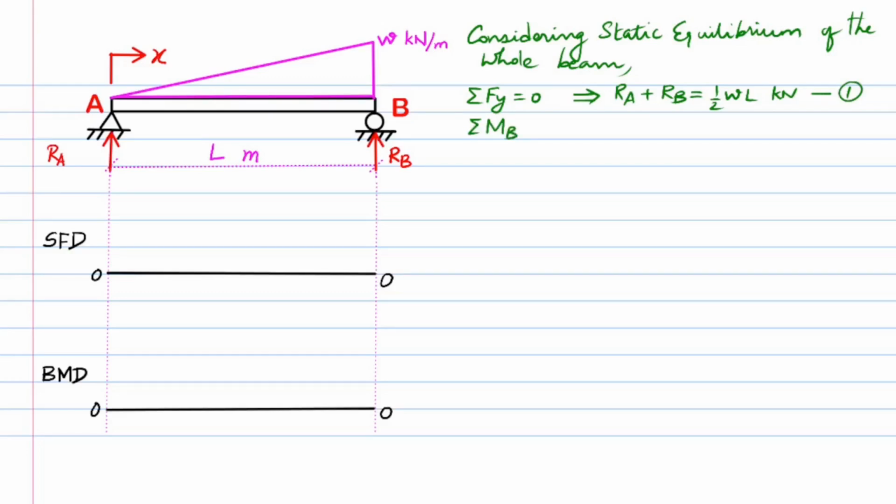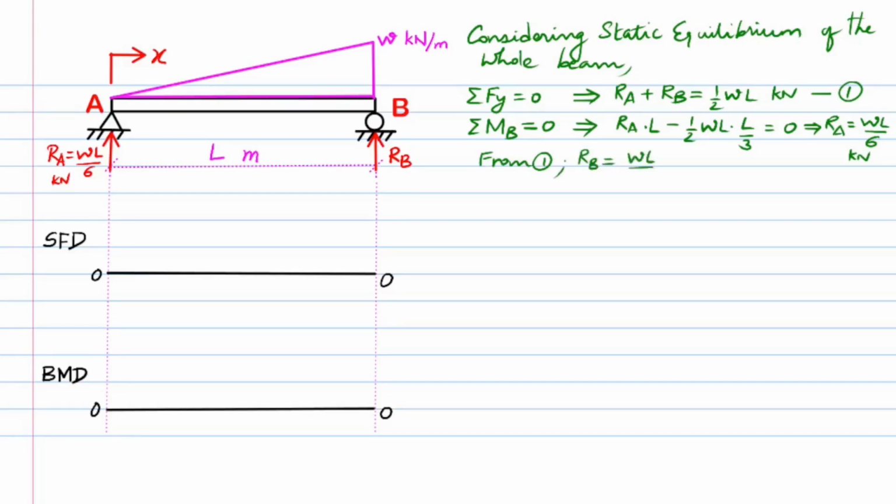Then we consider the balance of moments, say about point B, and write Ra times L minus half times W times L over 3 equals 0. Hence, Ra equals W times L over 6 kilonewtons. From equation 1, we have Rb equal to half W times L minus W times L over 6. Simplifying, we get Rb equal to a third of W times L kilonewton,